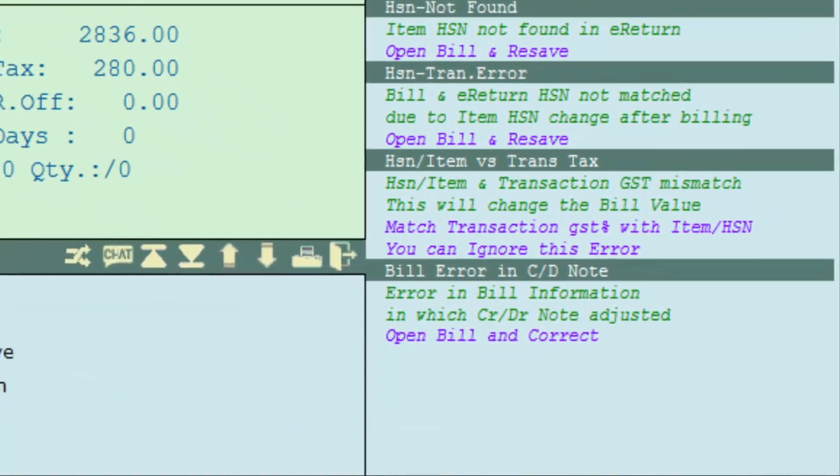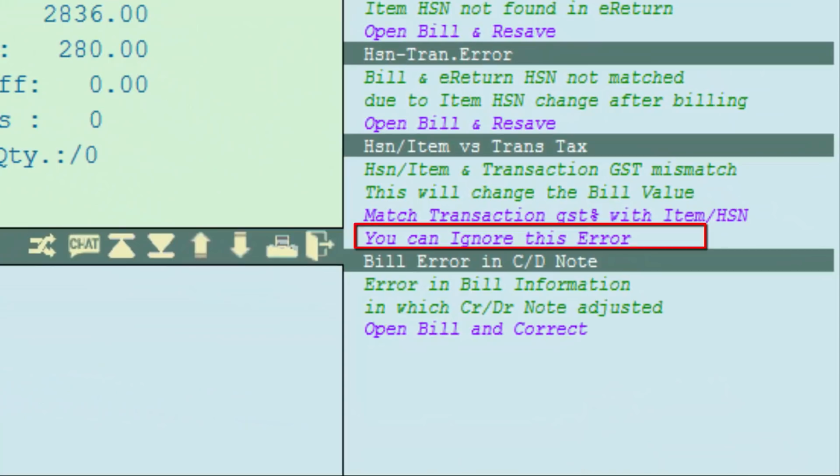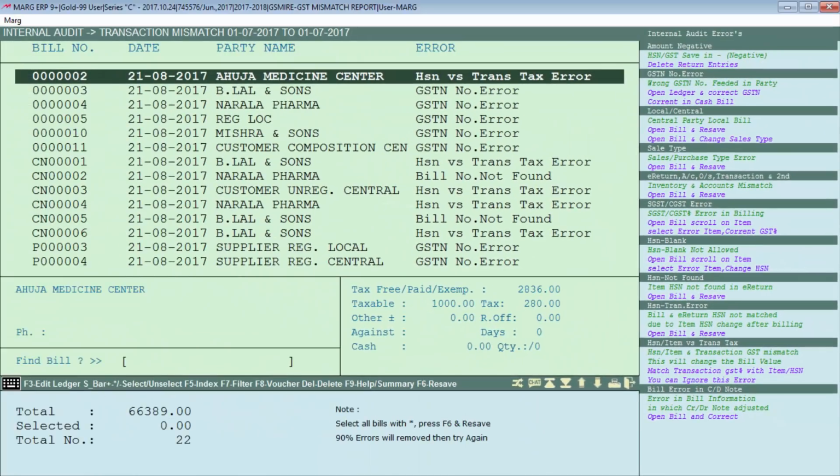As you can see, the software is indicating that you can ignore this error, because as you know, after GST the tax percentage of some items has been revised. Like suppose 12% item has been revised as 18% and 18% items has been revised as 28%. Like suppose any item's tax percent was 5% before, in the bills that you had already created.